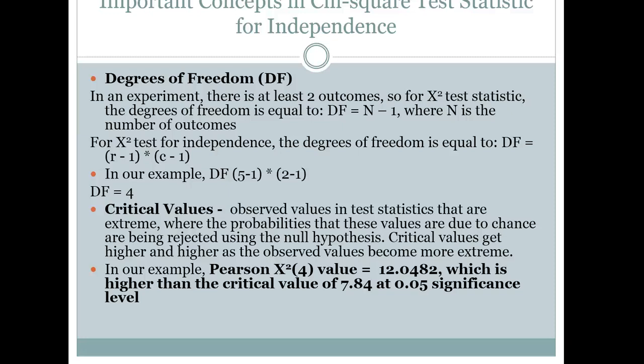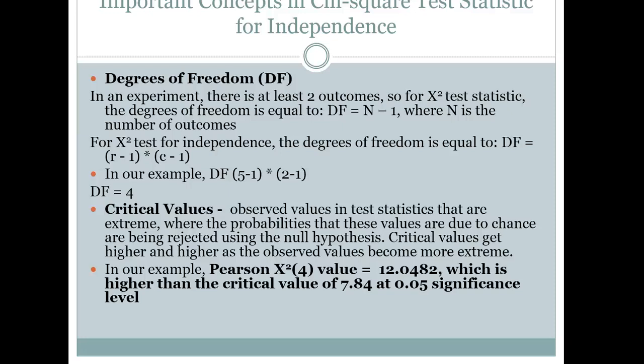Now for the chi-square test for independence, you're going to apply the additional concepts of the number of levels of the first categorical variable for your dependent, and also the number of levels of the categorical variable for your independent variable. Those are represented by your letter R and your letter C. And to calculate the degrees of freedom for the chi-square test for independence, the degrees of freedom is simply